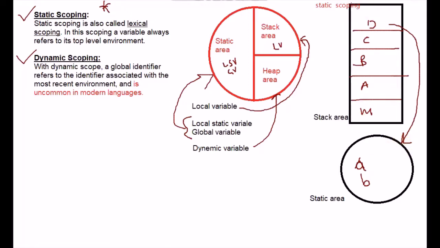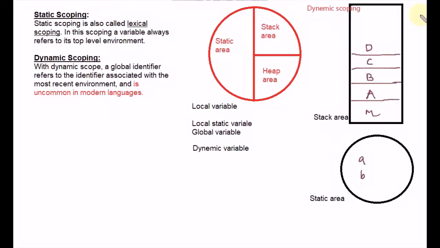Now let's see what happens in dynamic scoping. In dynamic scoping, if a variable is not found inside the local function, let's assume that we are calling the main, a, b, c, d functions, and our variable is not found in the d function. Then the compiler will pop this function out and go inside c and check for local variables of the same type. Let's see, a is not found in here, so it will search inside this for the a. If that variable is not found again, this will pop that out and check inside